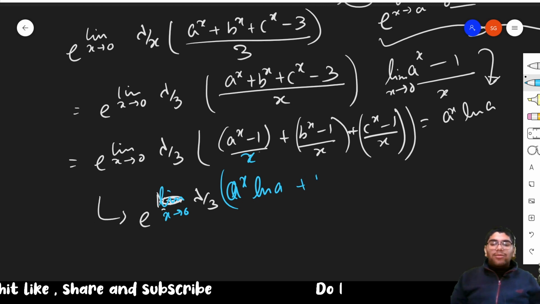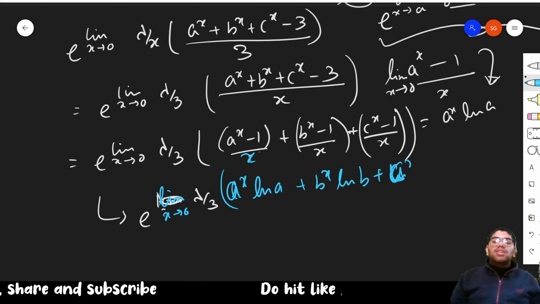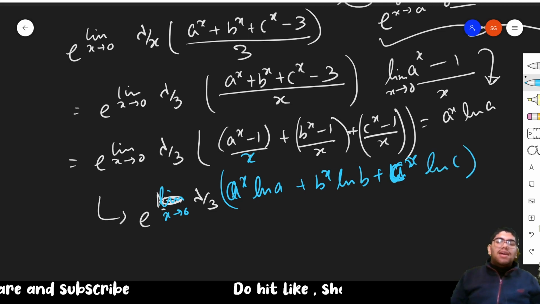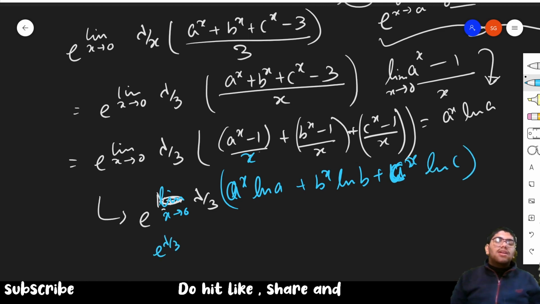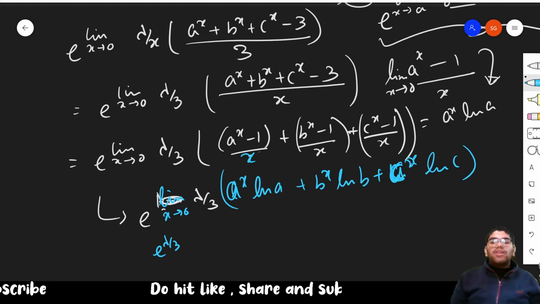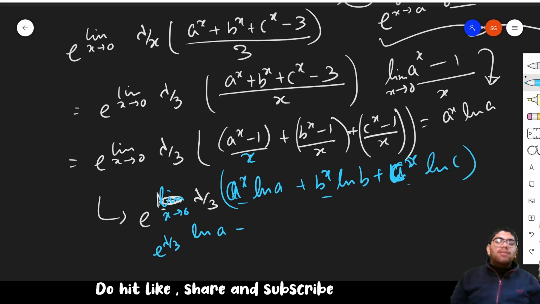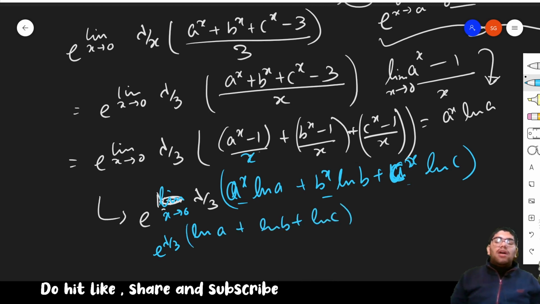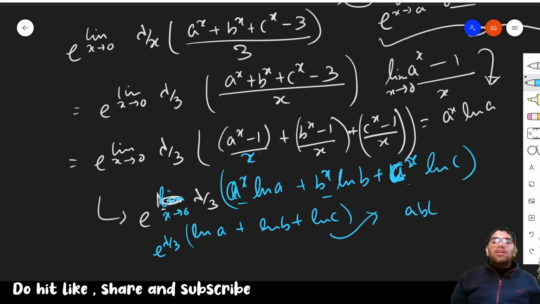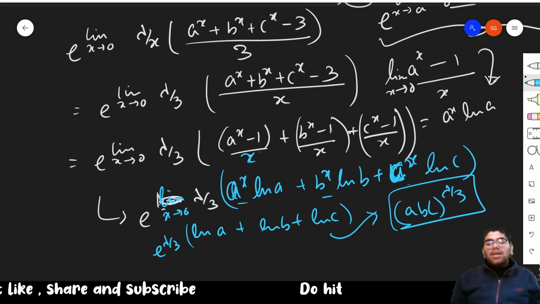So simple. I don't wish to mess about. So this is ln b plus here is c raised to the power x ln c. In turn, actually, it doesn't matter because a raised to r x, x tending to 0, this will turn out to be 1, 1 and 1. So this will simply reduce to natural log of a plus natural log of b plus natural log of c, and we are actually on the same page. So this will give me abc to power lambda by 3, and again we got the same limit, and hence